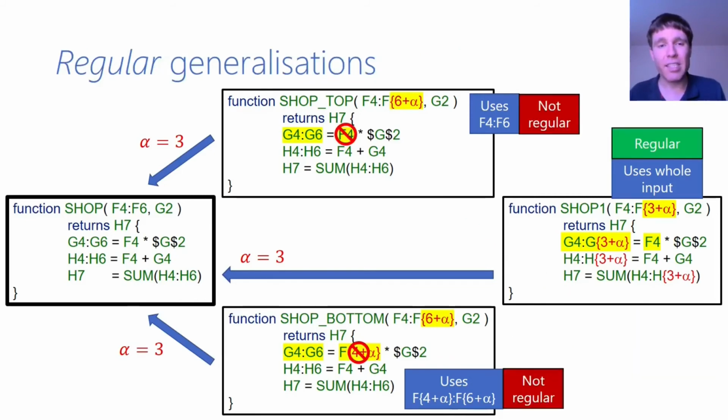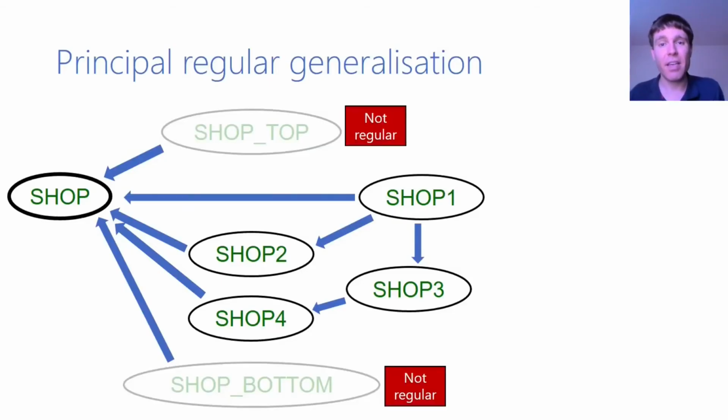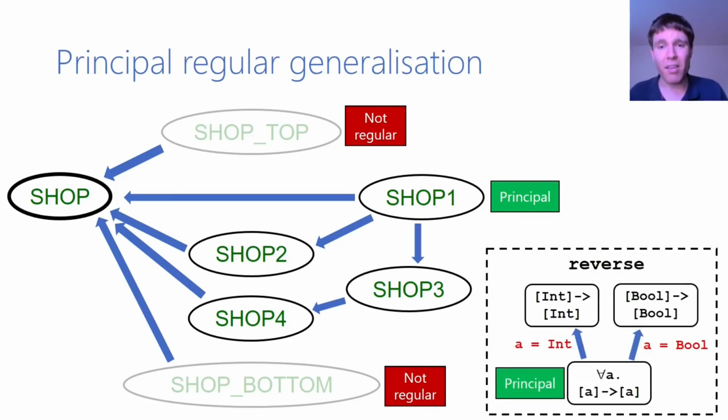So we introduce the concept of a regular generalization, which satisfies several conditions on top of well-definedness, one of which is that a cell reference can't pick 3 elements out of a larger tile. So SHOP1 is regular and the other 2 generalizations are not. Now, out of all the well-defined generalizations of an SDF, if we keep only the regular generalizations, we can prove that there's always a principal regular generalization, and that's the elastic SDF we use. This can be seen as the analog of the principal type of a term in a functional programming language.